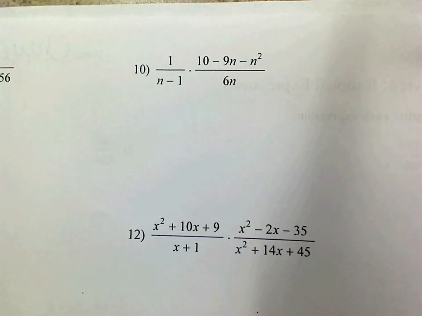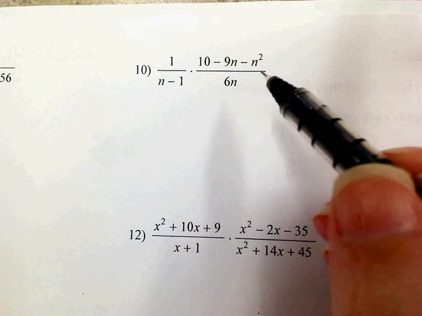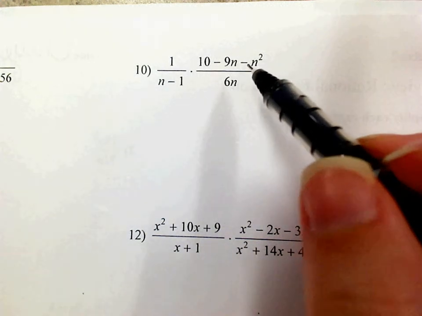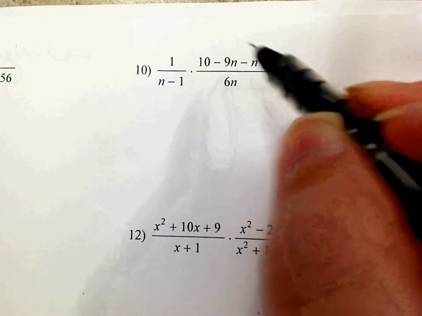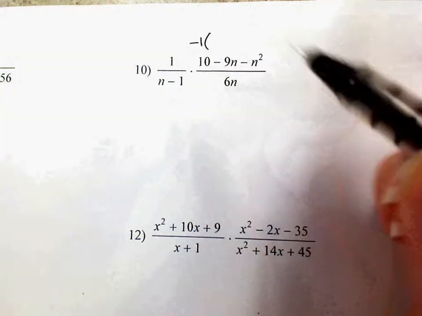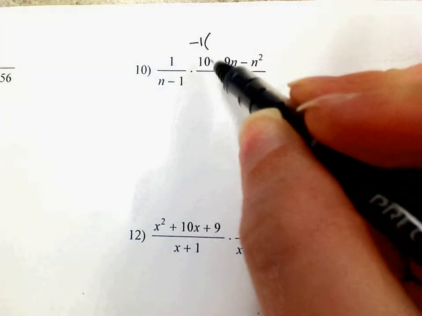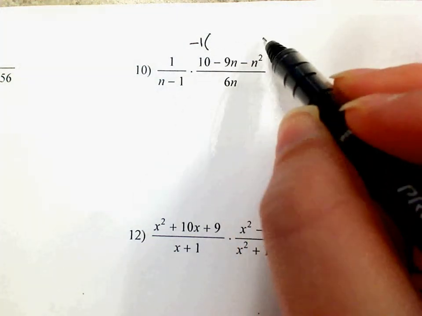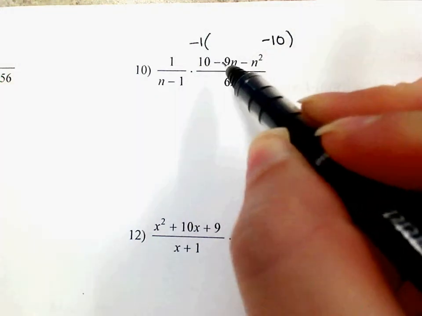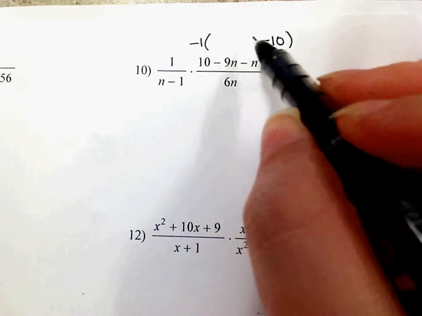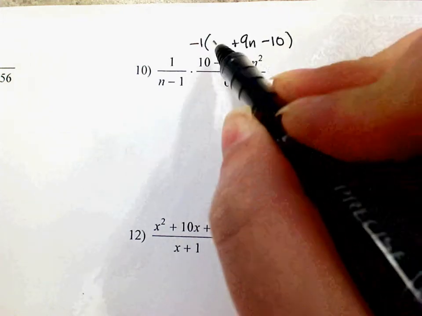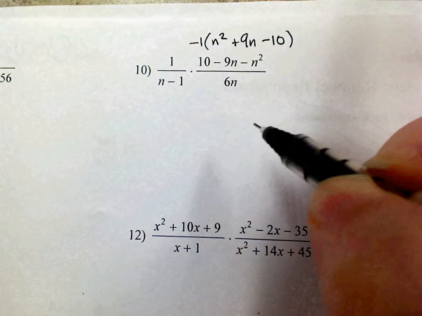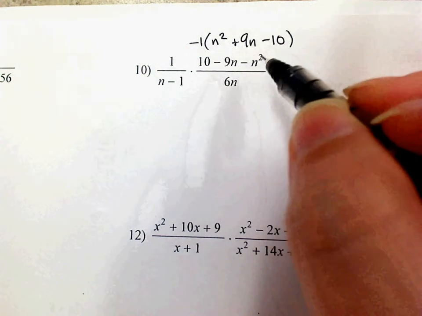Okay, so guys, we're working this problem. Now, I don't know about you, but it would make this problem a whole lot easier to factor if that n squared was positive, yeah? So, could I factor out a negative? Okay, so I'm going to factor out a negative 1, and I'm going to write it like this. If I factor out a negative, what does that make 10? Negative, and I'm going to put it last because that's just the constant. What does it make a negative 9n? A positive 9n, and what does it make a negative n squared? A positive n squared. Now the reason I did that is because factoring this is a whole lot easier now,